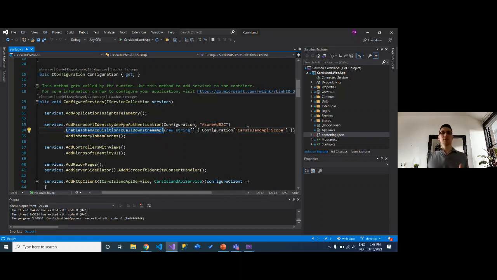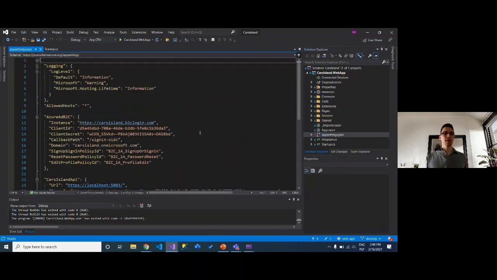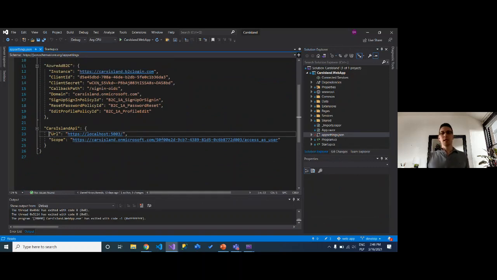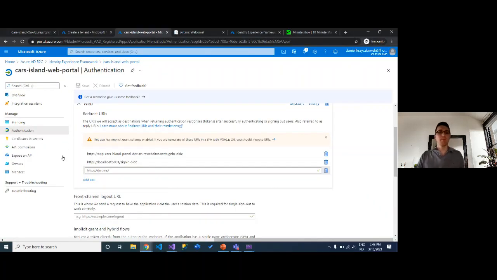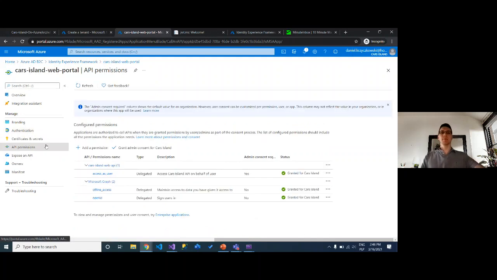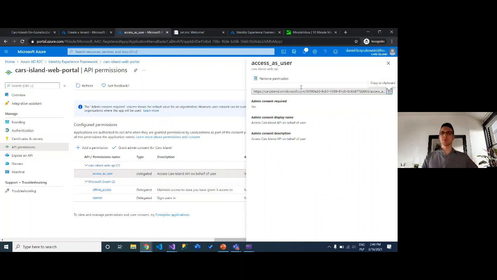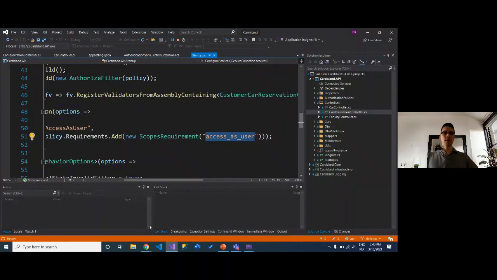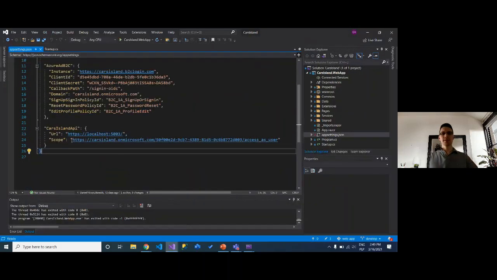As you can see here in the configuration, I have this section called Cars Island API. Let me open that once again. There is a URL of the API and also the scope. And as you remember, this scope is declared in the Azure AD B2C portal. If I open the web portal and switch to the API permissions for my web portal application, I have this access as user scope. I can copy it, go to Visual Studio,